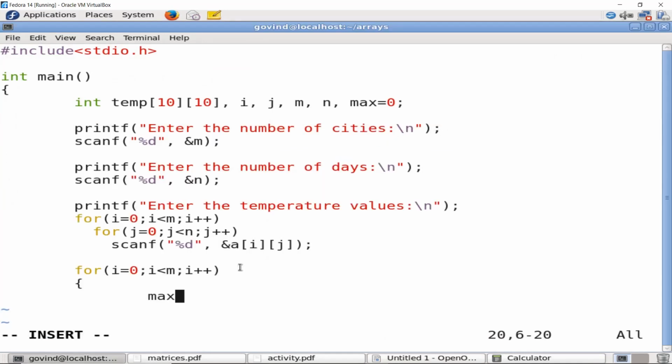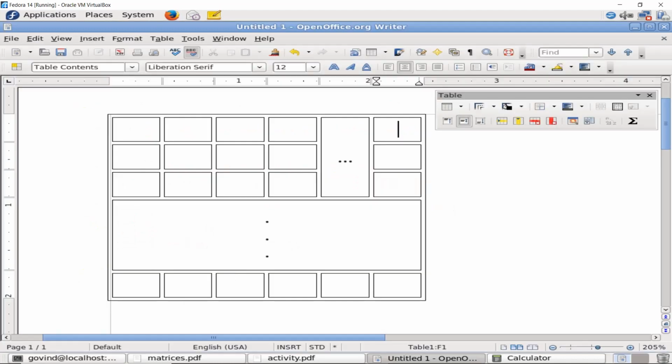So I'll first assume that the first row and first city is having the highest temperature recording. What do I mean by that? In the first iteration, I'll assume that this cell has the maximum temperature. Later I will change it depending on the inner loop.